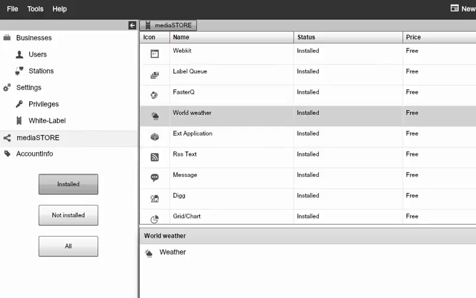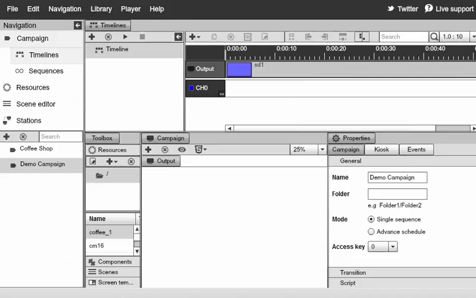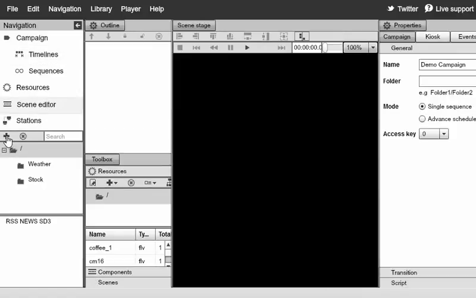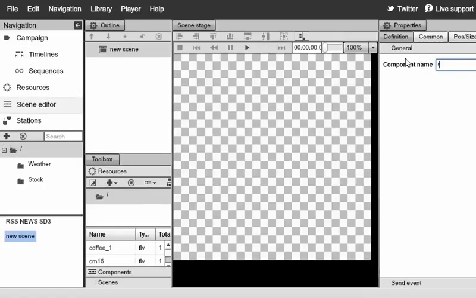So next let's go ahead and switch to the Signage Studio, and you can see that we have a pretty simple demo campaign, just one channel and one screen division. Next I'll switch to the scene editor, click on the plus sign to add a new scene. Go ahead and name this just test weather,